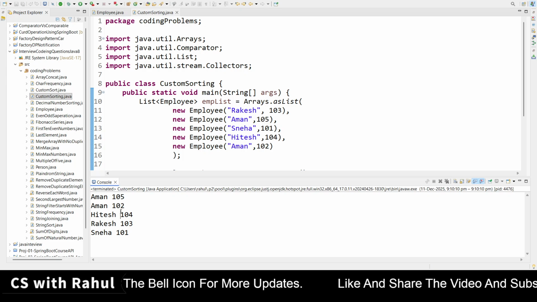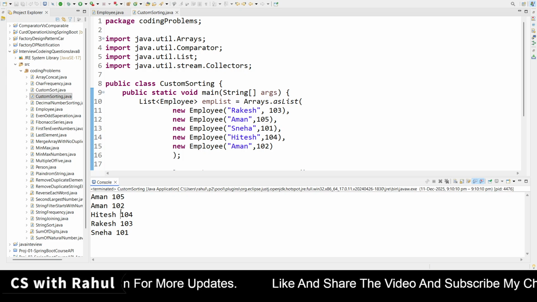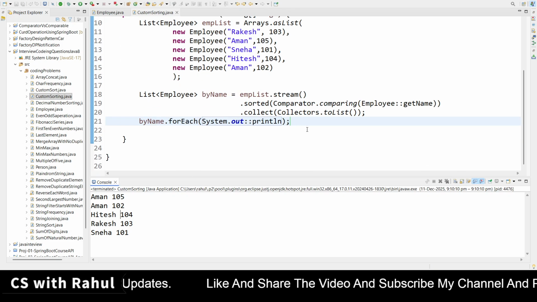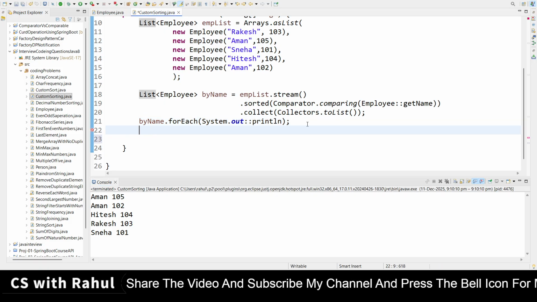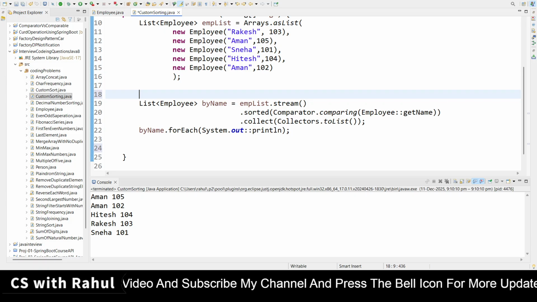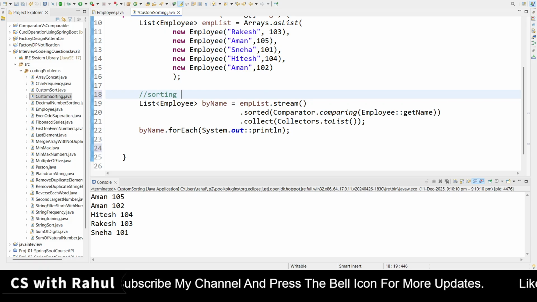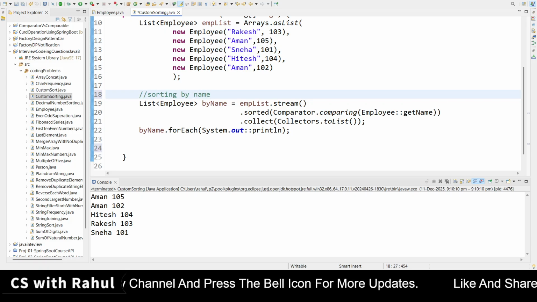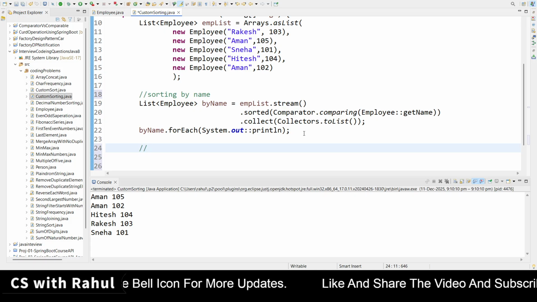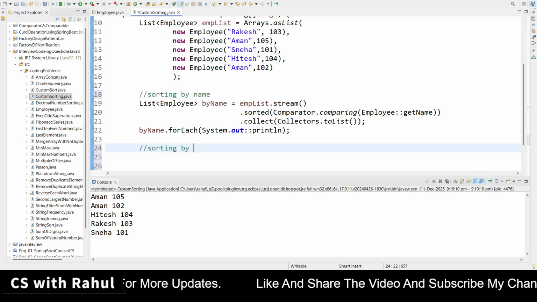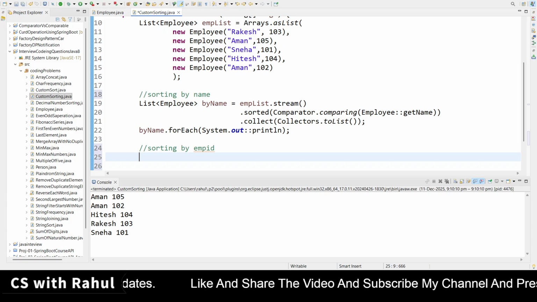So to sort by employee ID, we will create another variable list. I'm putting a comment here like sorting by name. Now I am sorting by employee ID.